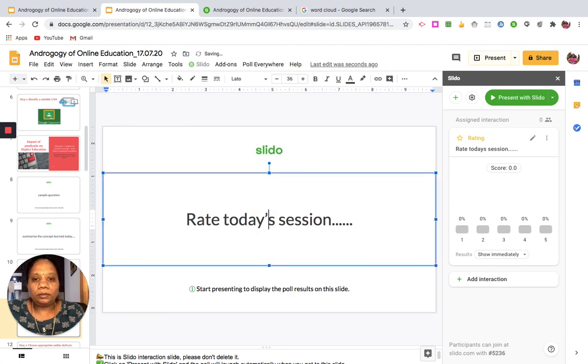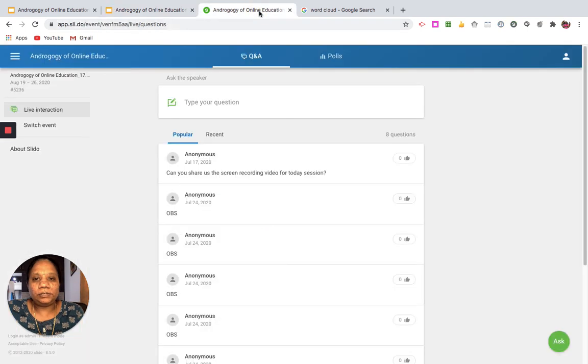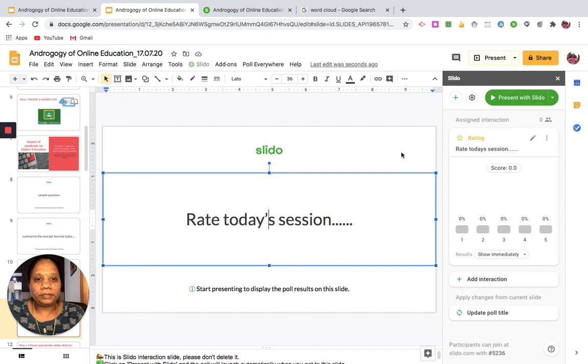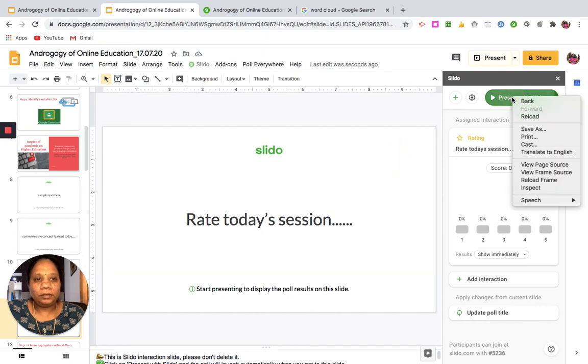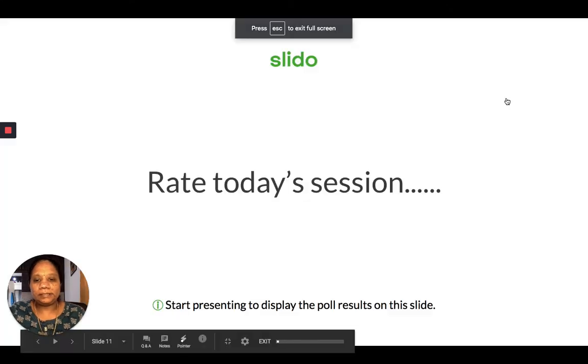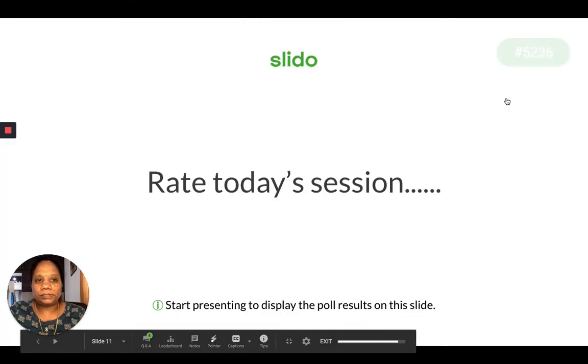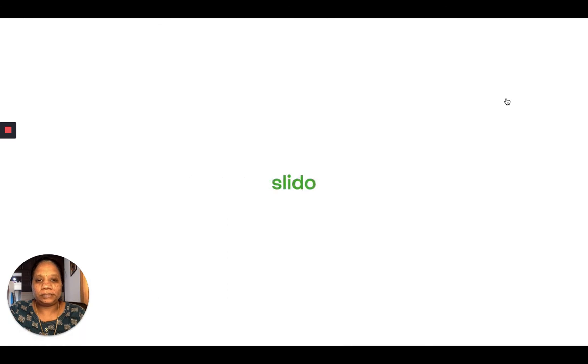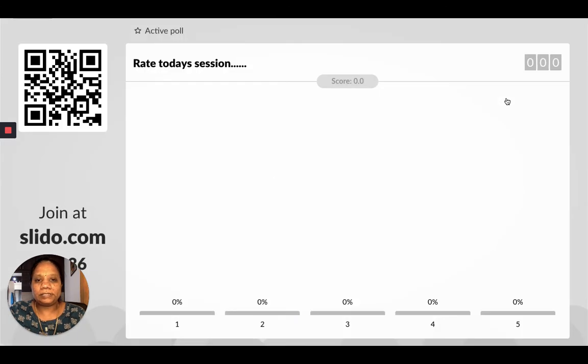Yeah. So let me go back to the student option, and you can see here the... one minute. I have to put it in the presentation mode. It is still in the edit mode, so please put it in the presentation mode, and when I present it, automatically the page appears to my students. So the pin remains the same throughout the session. The pin doesn't change, it remains the same. Suppose there are 50 students, they can each give their rating. Automatically the score for the 5 scale will be calculated here.